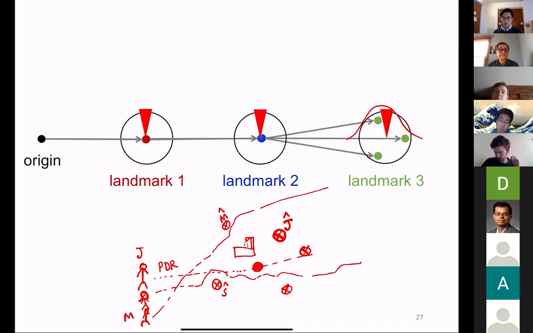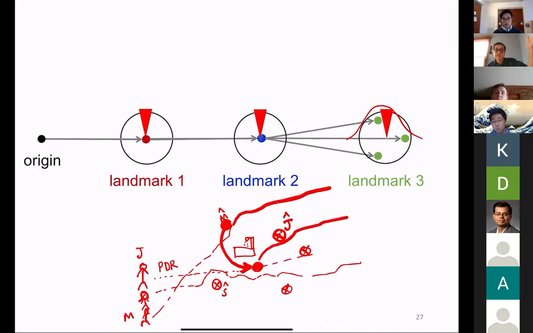Right? So then Mary, John, Susan, everyone can say, oh, you know what? Mary says, my estimate should actually be moved to here. So when I was walking the rest of this path, I should move that path from here. Because I was actually not at this location, I was actually at this location, because that's the landmark location. Right? So Mary moves her path, John moves his path, everyone moves their path to the estimated landmark location.